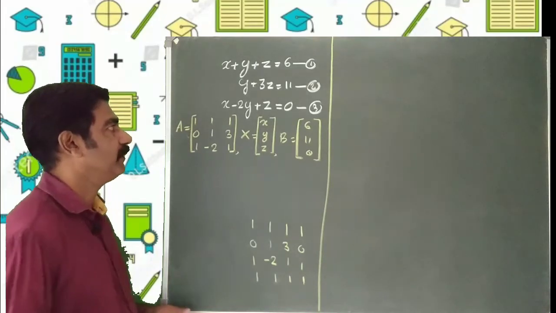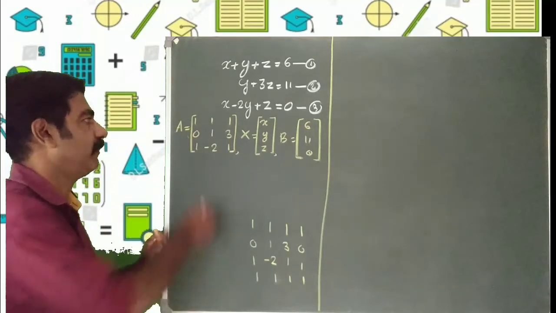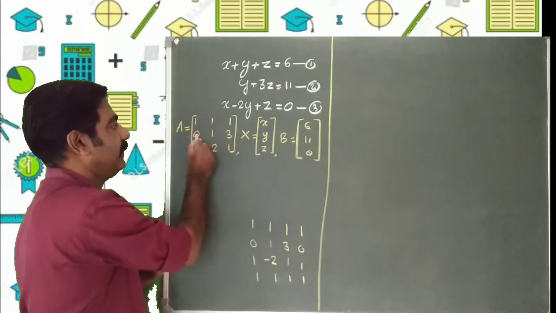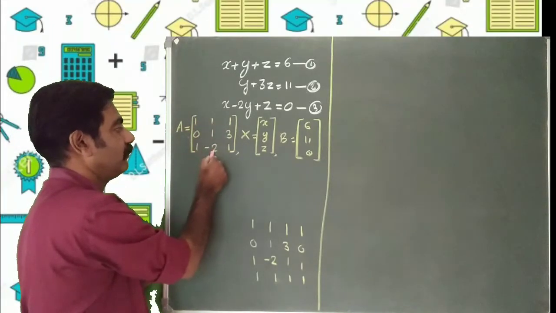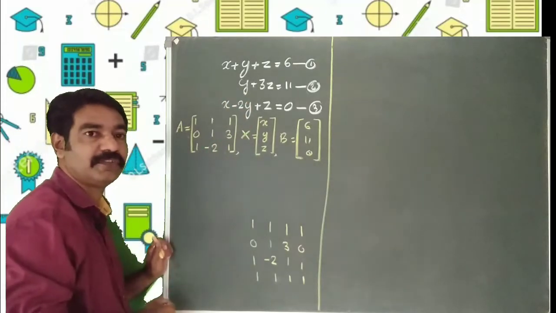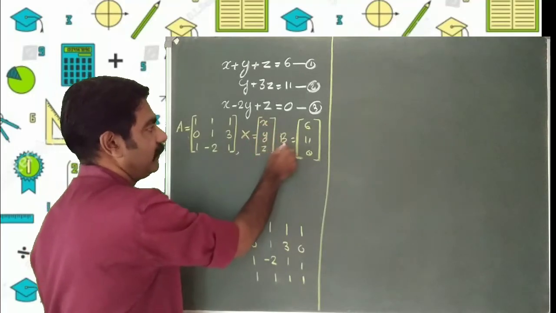And x minus 2y plus z equals 0 are the equations. First you have to write the matrix A. The matrix A is equal to [1, 1, 1; 0, 1, 3; 1, -2, 1]. A is the matrix whose elements are the coefficients of the variables. X is the matrix [x, y, z], and B is the matrix